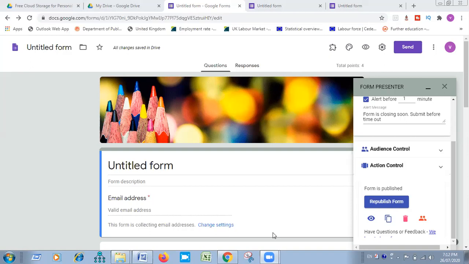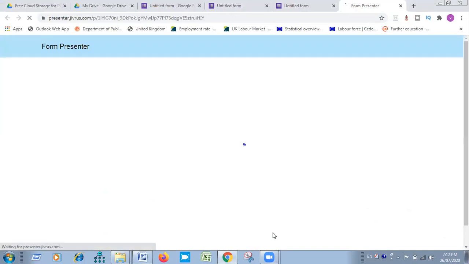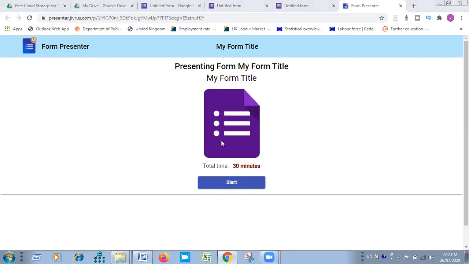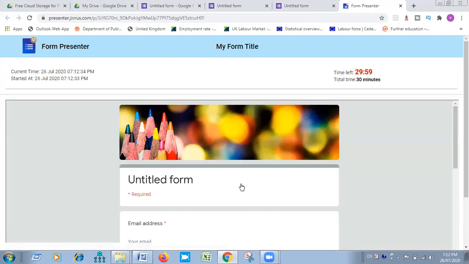Now the students will get this link. When the students get this link, they will click on it. Suppose it is set for 30 minutes. Click on start and the timer starts.